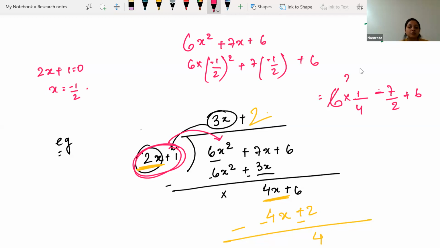Okay, 2 times 2, 3 times 6, 2 times 4. So here we are getting 3 by 2. Here we are getting 7 by 2. Here we are having 6. If we do the calculation, then we can check. The LCM will be 2. Okay, 3 minus 7